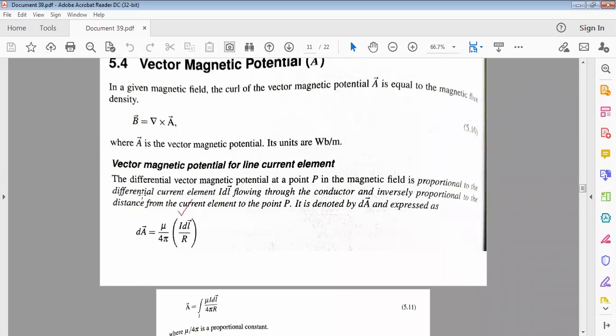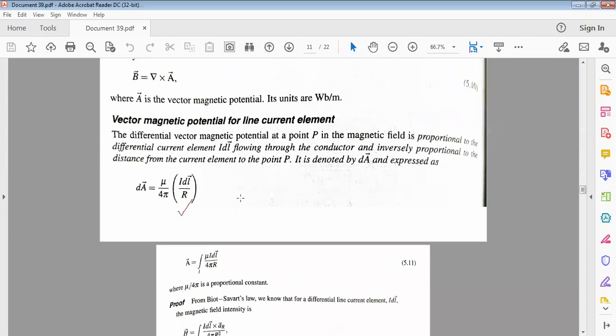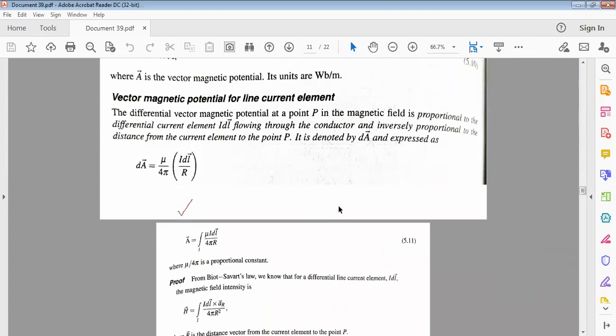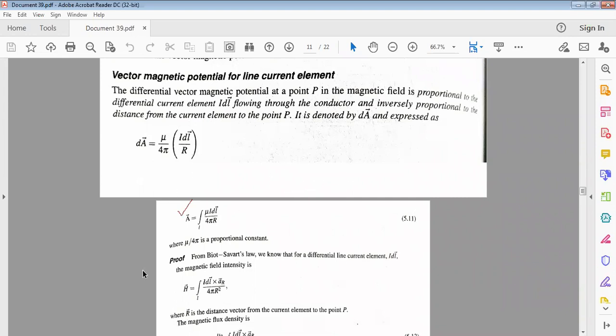So the differential vector magnetic potential at point P in the magnetic field is proportional to the differential current element IDL flowing through the conductor and inversely proportional to the distance from that current element to point P, and it is denoted by dA and expressed as dA equal to mu by 4 pi IDL by R. Okay, dA equal to mu by 4 pi IDL by R. Of course, we have to prove the same here. So from this, when we integrate on both sides, actually this is the statement of the vector magnetic potential